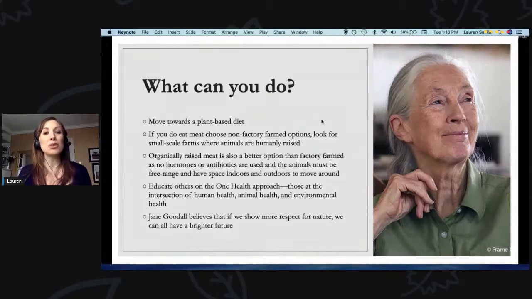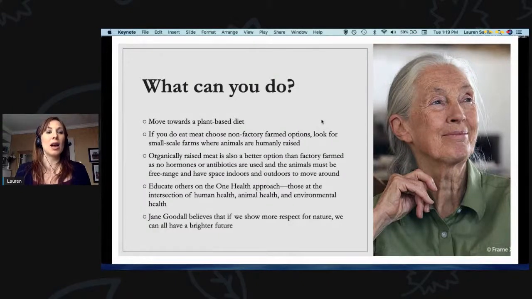The biggest thing that you can do is move towards a plant-based diet. I'm not saying everyone needs to become vegan. I myself am about 80% vegan, but it's not something you need to switch to right away. If you can even reduce the amount of meat you eat once a week, to do like meatless Mondays, or have one meal a day where you don't eat meat, say your lunch or your breakfast, and then maybe you have something meat-based at dinner. Any steps that you can take to reduce your meat intake reduces the need to produce as much meat as we are now.